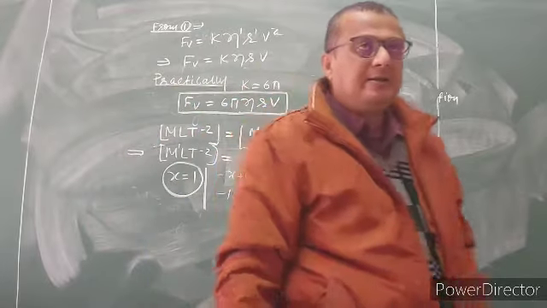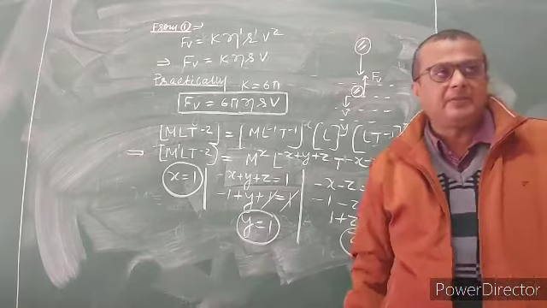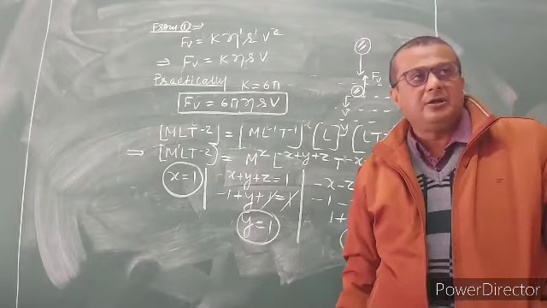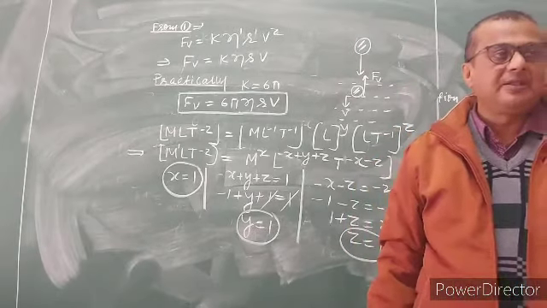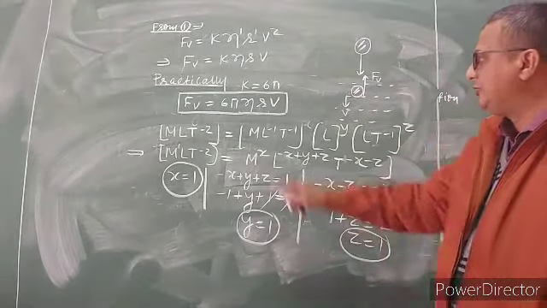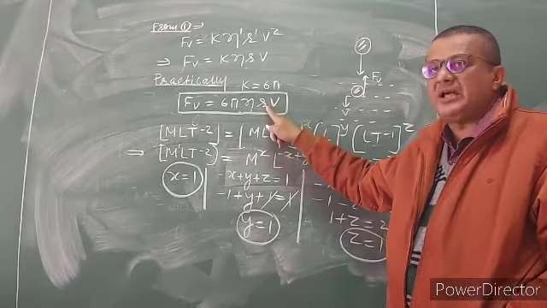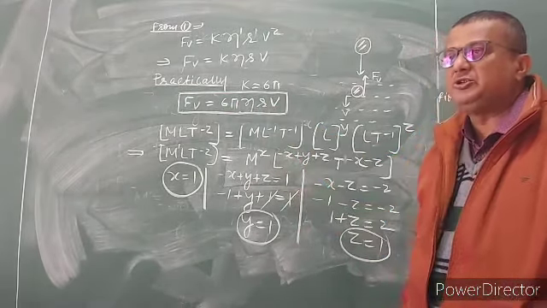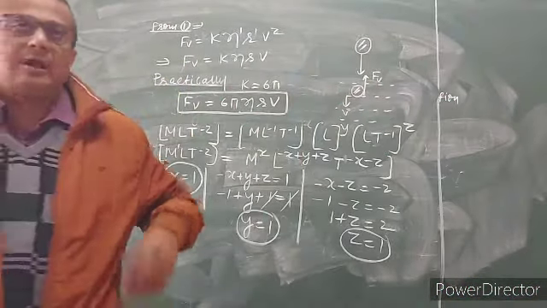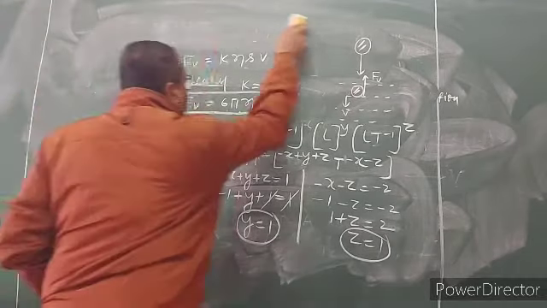He told that if any solid body, particularly a spherical body, is dropped into the liquid, then a force acts on the spherical body, that is called the viscous force. It will be opposite to the motion and it depends directly on the coefficient of viscosity, the radius of the spherical body, and v, the velocity of the solid body. I think clear? Now, we'll come to a special discussion of Stokes' law.